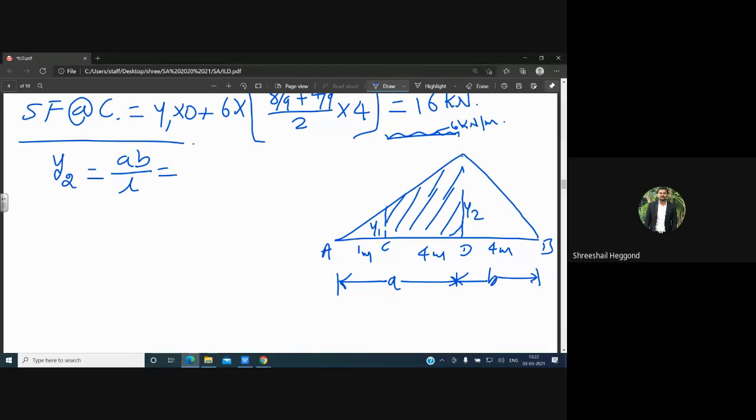A is 1 plus 4, that is 5, into B is 4, divided by L, the total, which is 9. Therefore, y2 will be